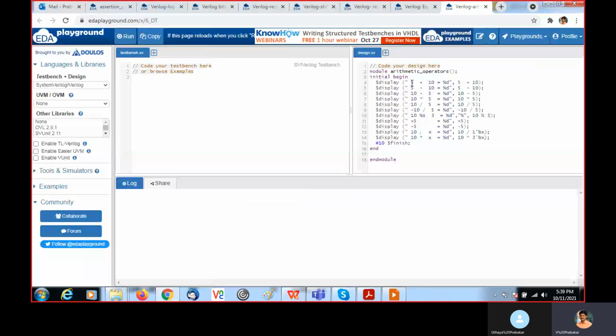So here, they are just performing the arithmetic operation. We do 5 plus 10, you will get 15. We are printing in decimal format. You will get plus 15, I mean normal 15, by default. Then plus 5 minus 10, you will get minus 5 here.